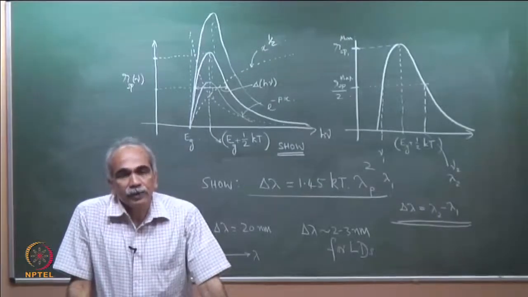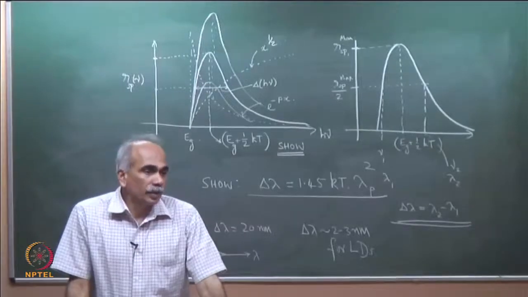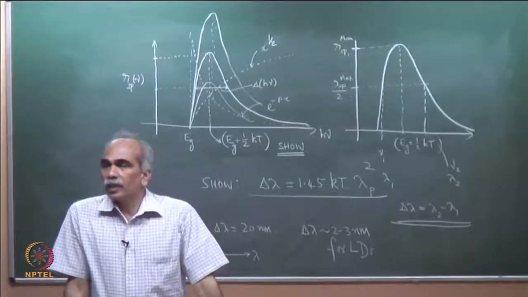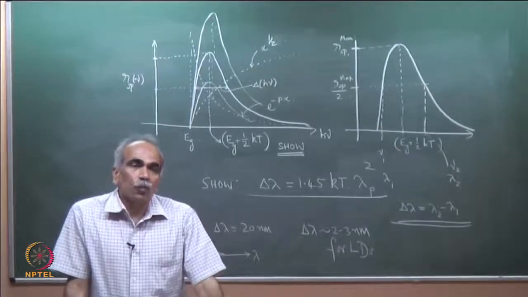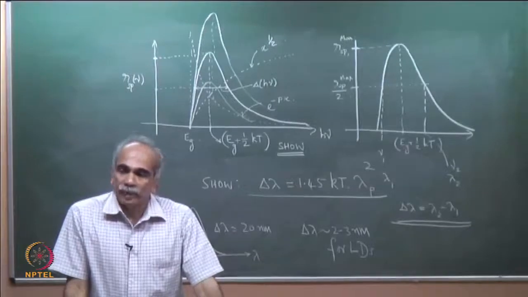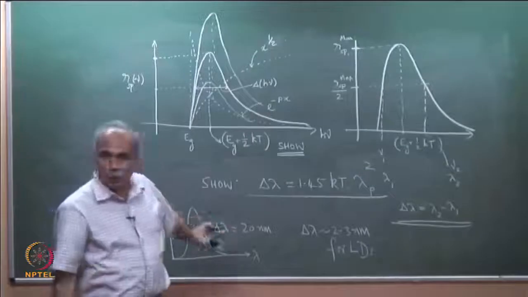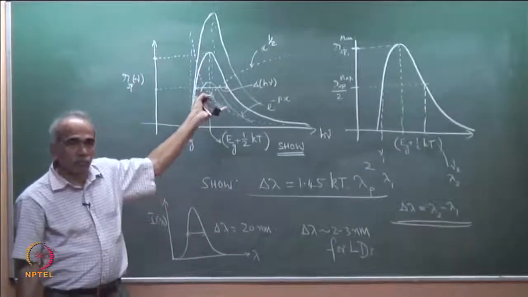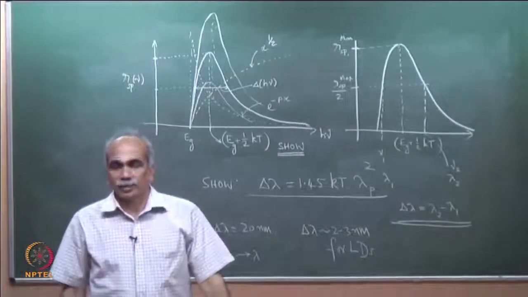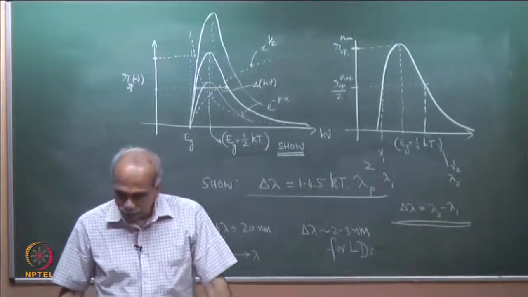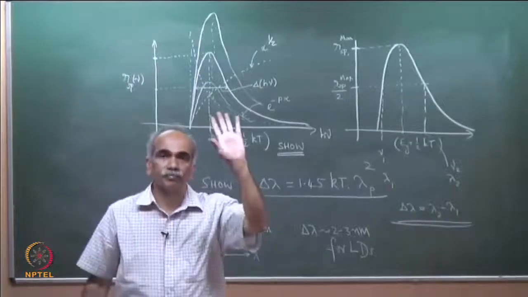All right. So, I will stop here, and in the next class we will discuss rates of stimulated emission and absorption and see the condition for gain, under what condition we can have gain from the semiconductor. Spontaneous emission, there is no gain, but you have an emission spectrum, but stimulated emission can lead to gain under certain circumstances, certain conditions, and we will see under what condition we will get gain.